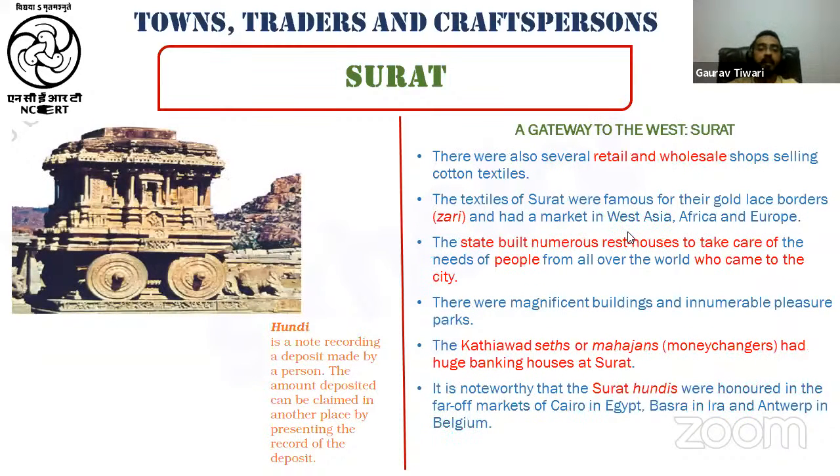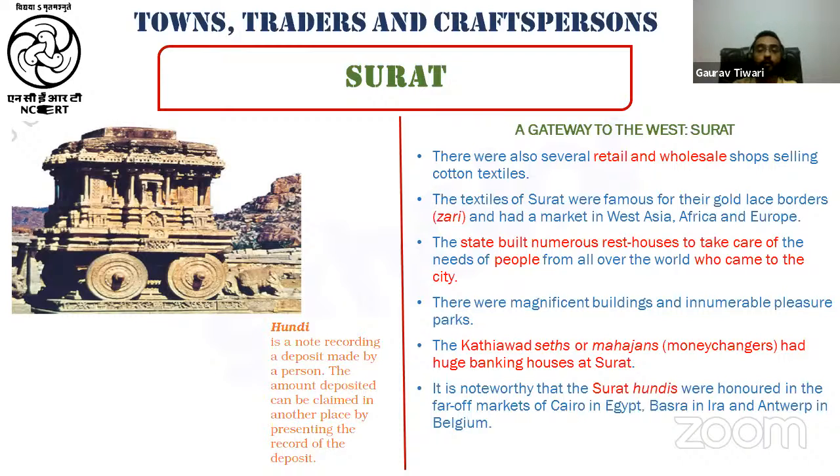Now, there were also several retail and wholesale shops, and these retail and wholesale shops were selling cotton. See, up till the advent of modern industry, cotton was very important commercial crop. Cotton की बहुत ही ज़्यादा important commercial crops थी, not just in India but all over the world. And India's cotton was one of the finest at that time. तो cotton में जो trade हुआ करता था वो बहुत ज़्यादा था when we talk in terms of monetary value.